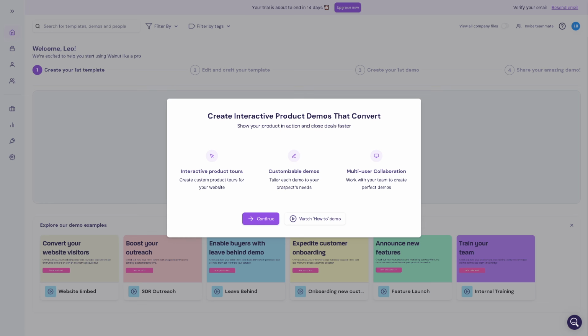If you do, you will be forwarded to this homepage wherein there's going to be a welcome dialog box wherein you can create your interactive product demos that convert. So you can choose from the following: interactive product tours, customizable demos, or a multi-user collaboration, depending on your preferences. Now, in our case, let's say, how about an interactive product tours? We're gonna click the continue button. Okay, so